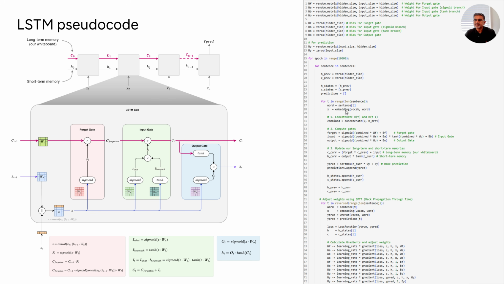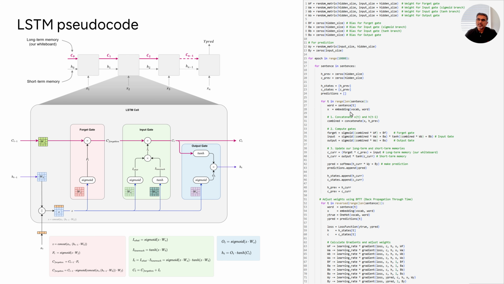Now, for each word in our sentence, which I've tokenized, I have to get the embedding because, again, neural networks do not understand text, they only understand numbers. How do you get a numeric representation of a text? You get that using word embeddings. I explained that in season 2, episode 2. You can go back and reference that if you don't know what this is. So I get the word embedding for that word. Initially, I start at T0, which is the first element in the sequence, which is the first word.